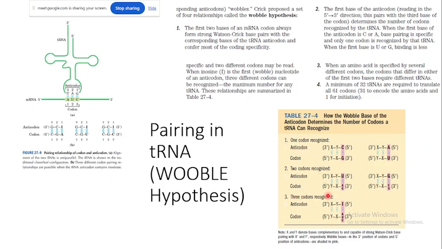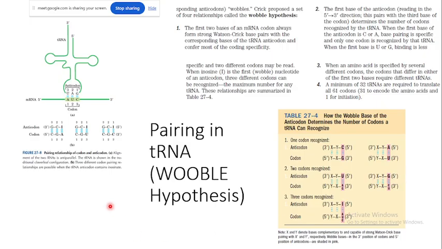And for example, here the anticodon XYU can recognize this. U can recognize A or G. So the codons YXA and YXG, both of these can be recognized by the same tRNA. Similarly, for XYG, G can recognize C and U, so YXC and YXU, these two different codons, can be recognized by the same tRNA.